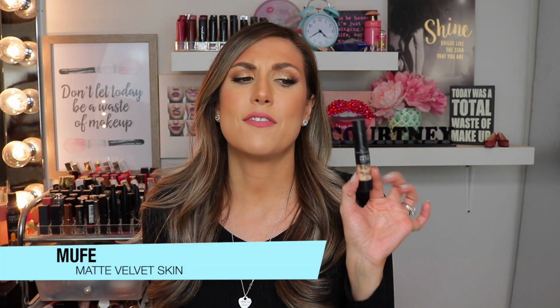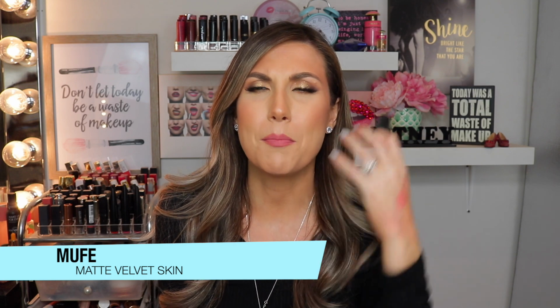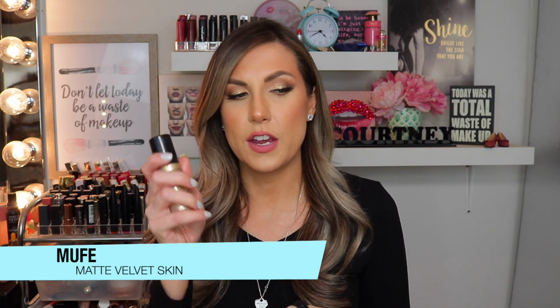So I have the Makeup Forever Matte Velvet Skin. I think this is a very misleading name because it's not matte. I don't find it drying. When I hear matte, I think about drying, just not smoothing. This right here though is really great. Full coverage. I really like this shade as well, 2.3. It has a little bit of a peachy yellow undertone, so it's great for correcting. This one's a little bit thicker than the Too Faced one, but it blends out really evenly and just corrects